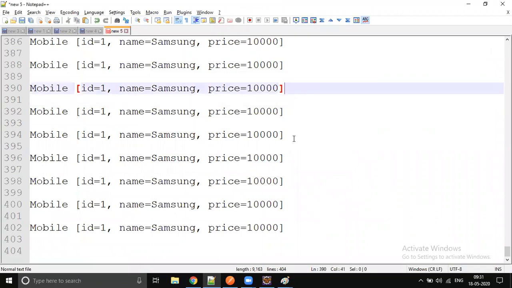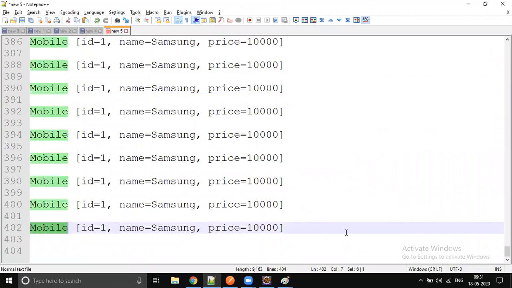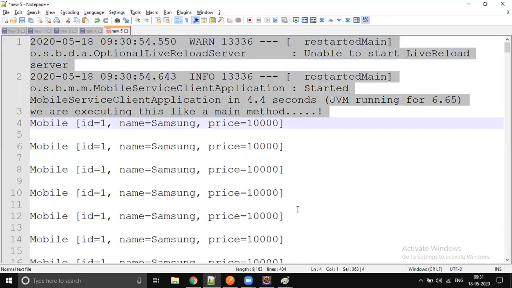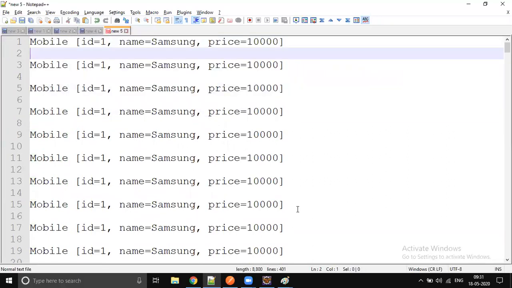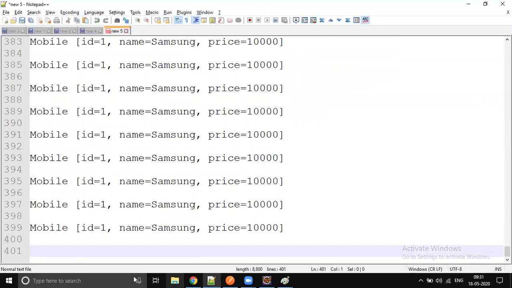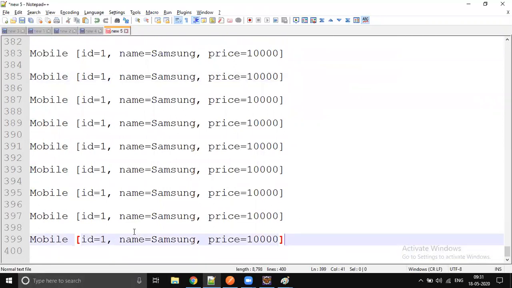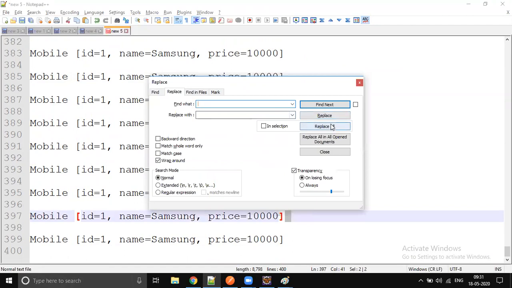Exactly, you have 400 lines, so there is a line gap. If I remove this, you see exactly 399, 200 difference. Because there is a line gap, we can just remove it also. Control H, replace all.